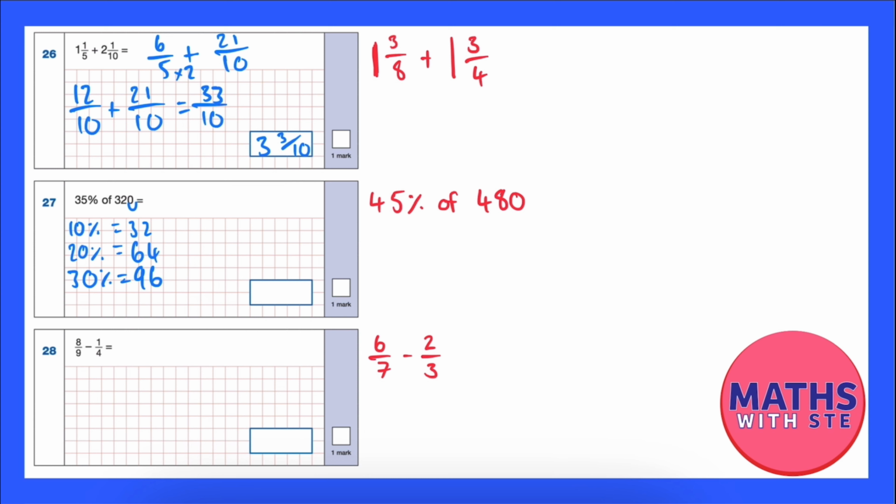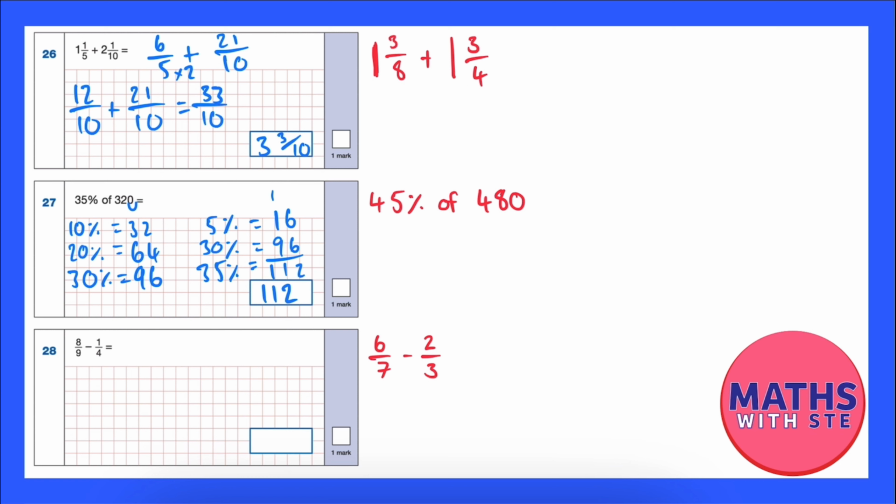So I know what 30% is, but I need the 35%. Well, 5% is half of 10%, and half of 32 is 16. So if I add that to my 30%, I'm going to find 35%, aren't I? So I've put that 96 there. 6 add 6 is 12, and 1 add 1 add 9 is 11, and that is equal to 35%. So the answer to this one is